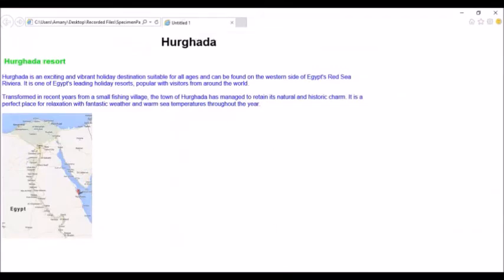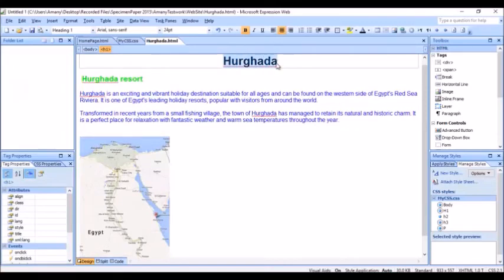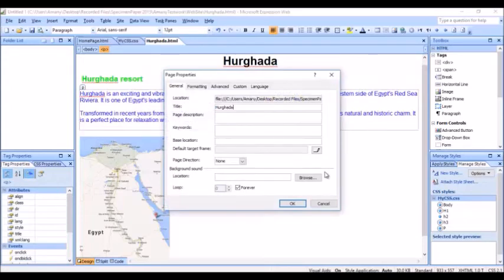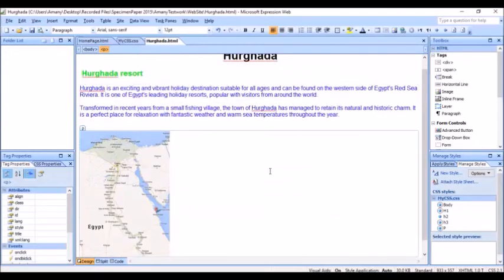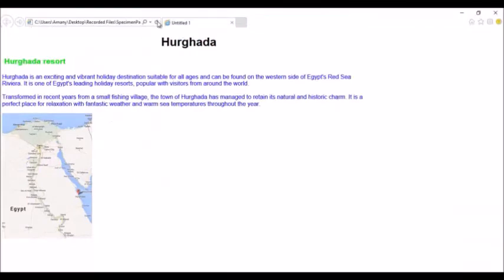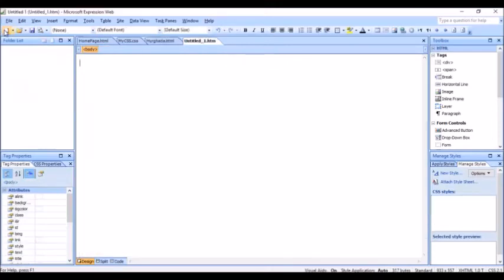It's untitled. I'm going to change this to Hurghada. Right click, page properties, save and refresh. Okay, now with the third page, I'm going to get a new HTML page and save it inside my document